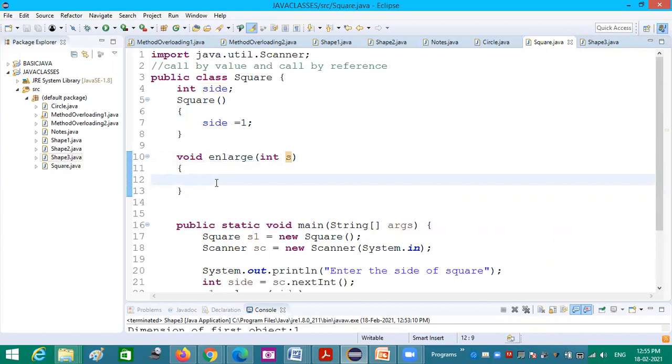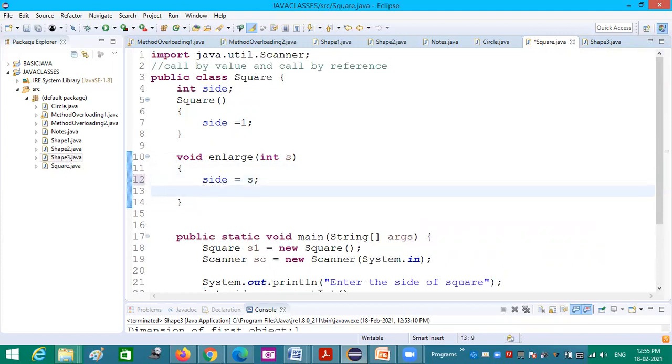Okay. Now what I am doing, so first enlarge is called, means I am assigning side equal to x.